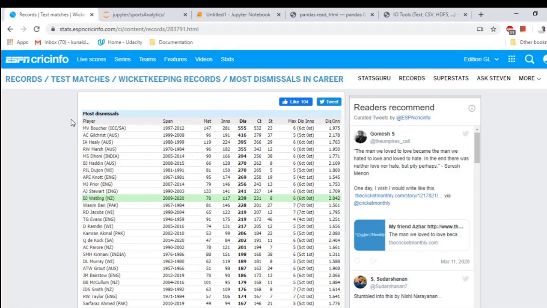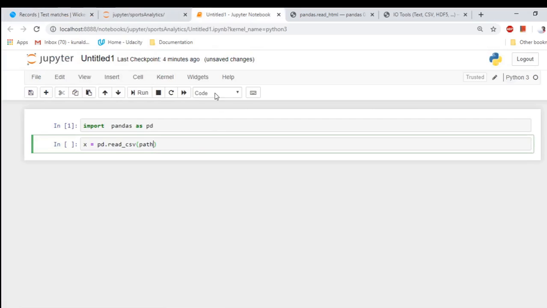If we are parsing from a site, when I first faced this problem, I tried to parse this HTML table with the help of Beautiful Soup. I tried to do web scraping. I applied it, but I miserably failed. So this thing that I found was so much easier, that is, we can simply do pd.read_html,